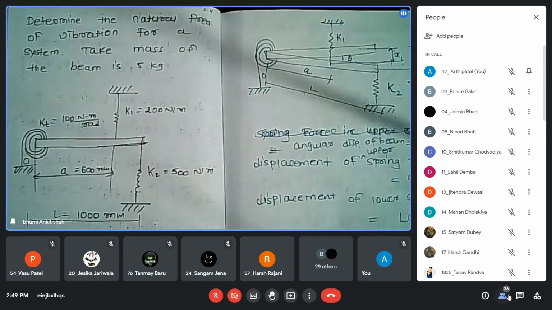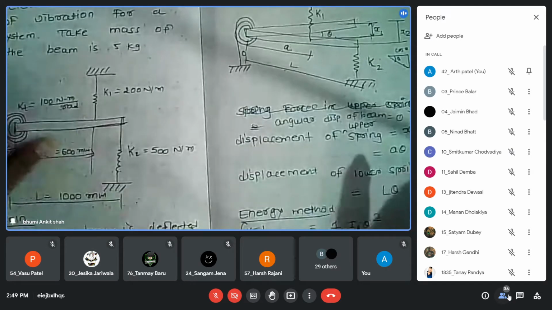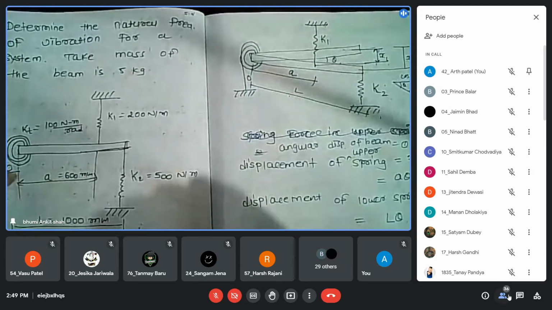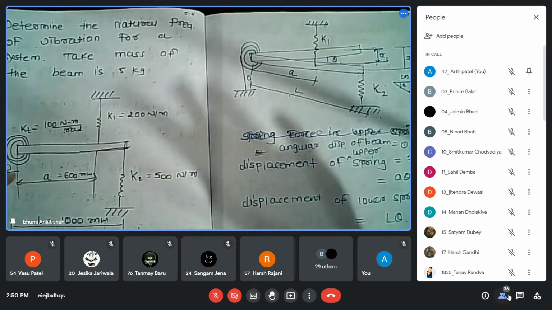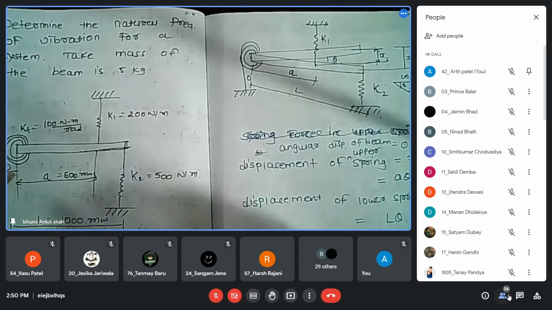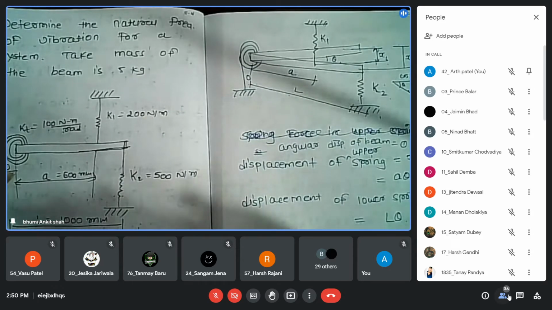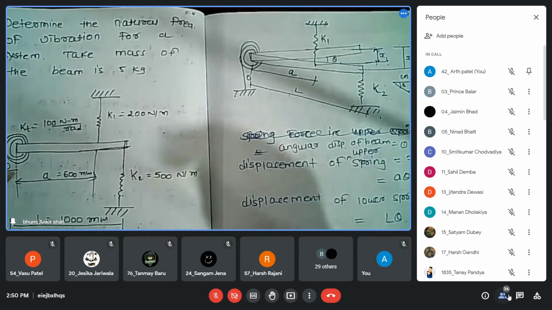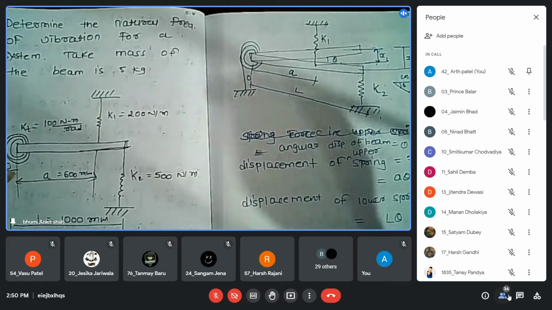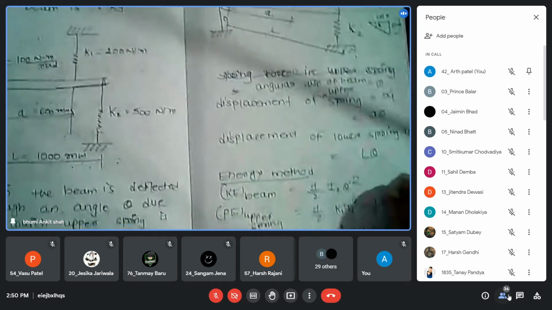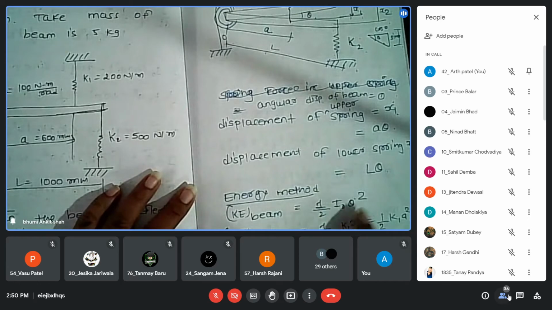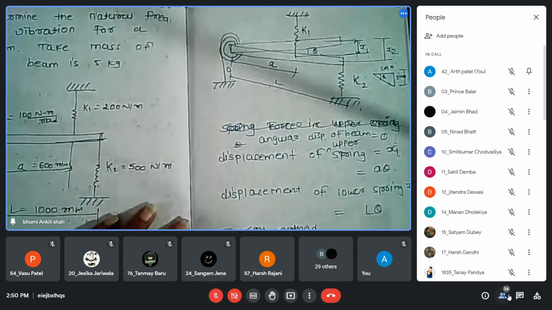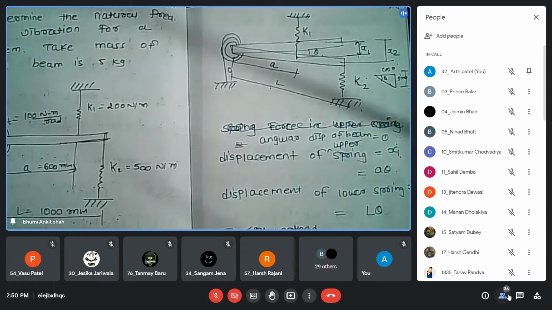Yes. So here we will consider the kinetic energy of the beam. So what will be the kinetic energy of the beam? Kinetic energy means 1/2 mv square, in a very simple way; at least for second year students, this definition is true. You can write 1/2 I theta dot square because it is having the angular deflection. So it is 1/2 I0 theta dot square, right? Okay. Now कितनी potential energy आएगी अभी इसमें?